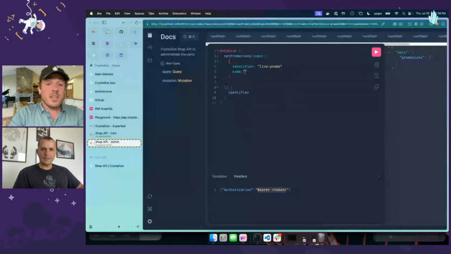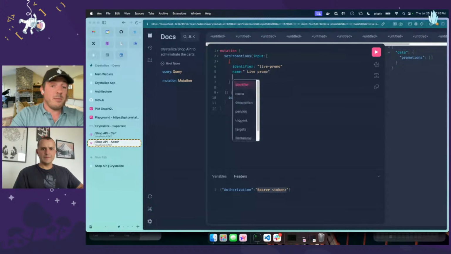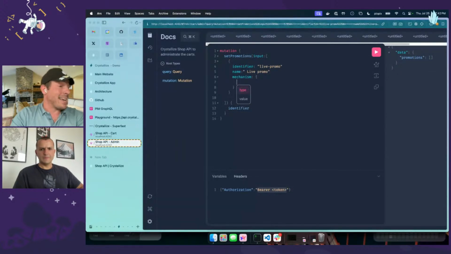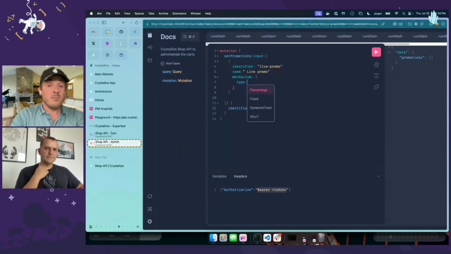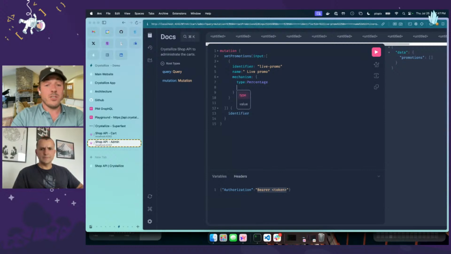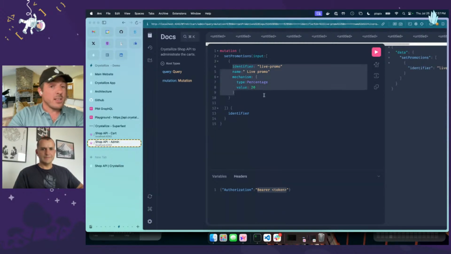So we can give it a name so it can be displayed in the UI. And as Vatin mentioned, most important, the mechanism. So here you have different mechanisms. We're going to use the percentage and the value. Let's make it 20%. Okay. And if I just do that, it's actually enough. We have a promotion. There is no trigger, no target. So everything will be